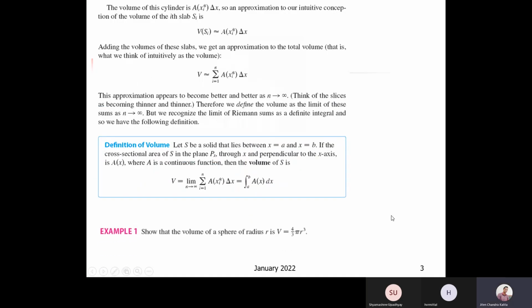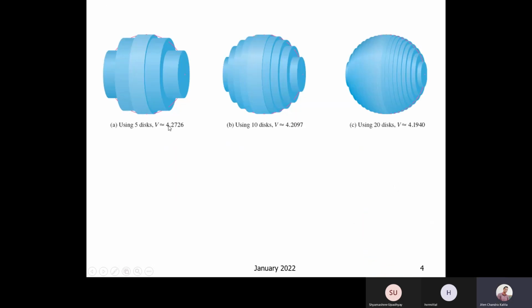So this thing we have already learned. This example we have done. So this is the situation. And again, interestingly, if you use this number of subdivisions,